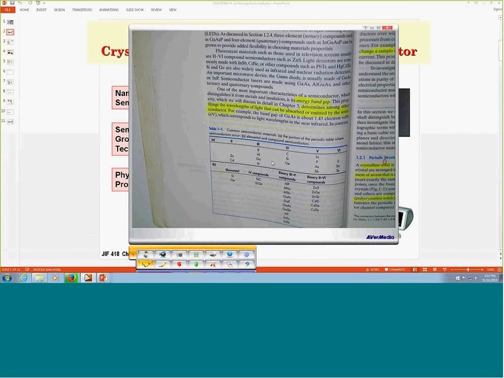Zinc and gallium, and then zinc sulfide, zinc selenide, and gallium phosphide. How is this grouping being done? And why does this one have only one element? So we need to at least have some idea, because from the name we are able to at least gauge